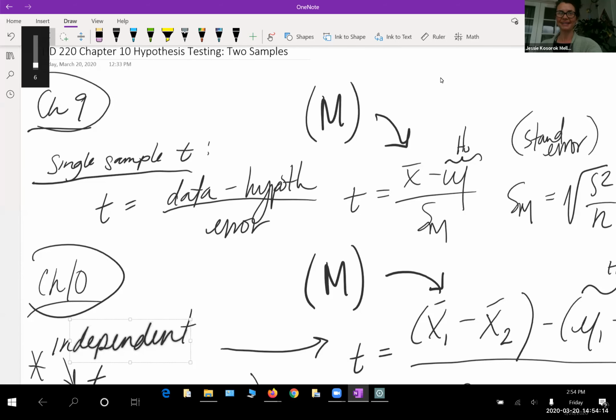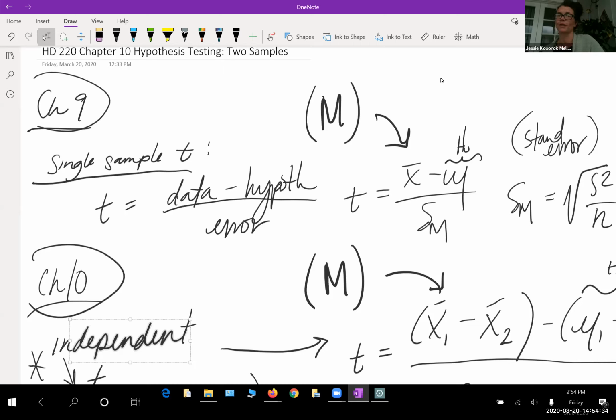Hi everyone. This is just a tutorial for you for chapter 10 to keep us on track and give you some tips and understanding and explanation of what's going on with hypothesis testing. So a really quick review of chapter 9, and you have a tutorial on Cougar courses for you about that